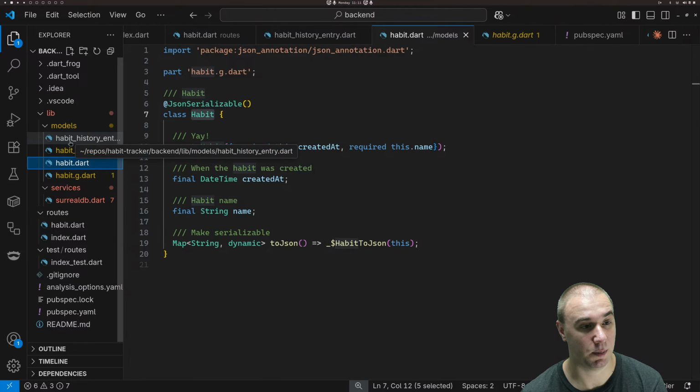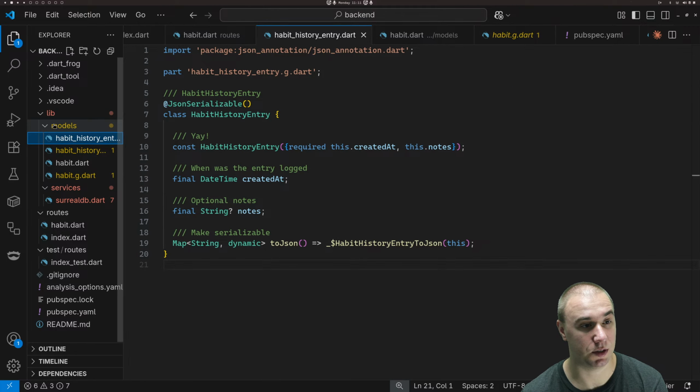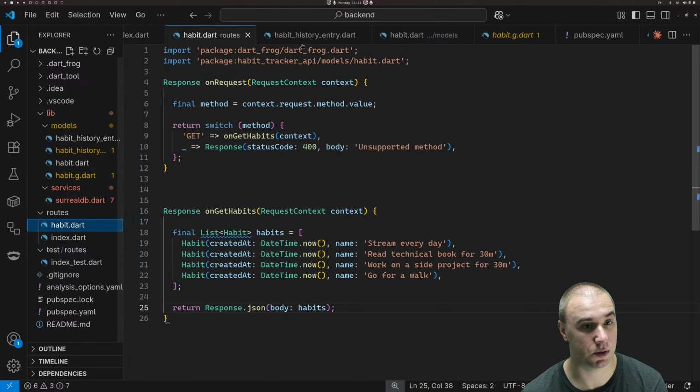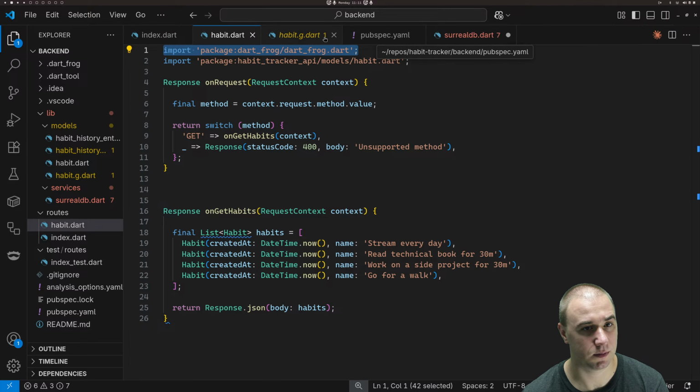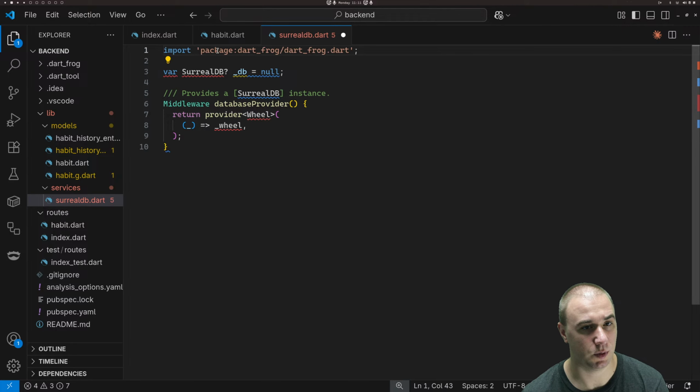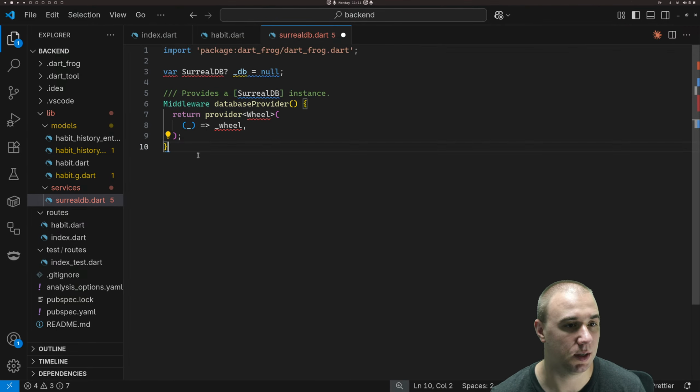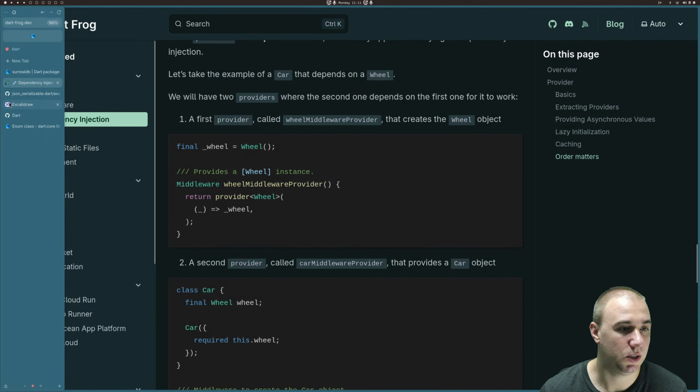We have habit and habit history, and oh, these are the models. Where's the routes? Because it sounds like we need to do this thing with the dart frog. When we do this, Sunland middleware is happy. Okay, so that's progress. And we also need our